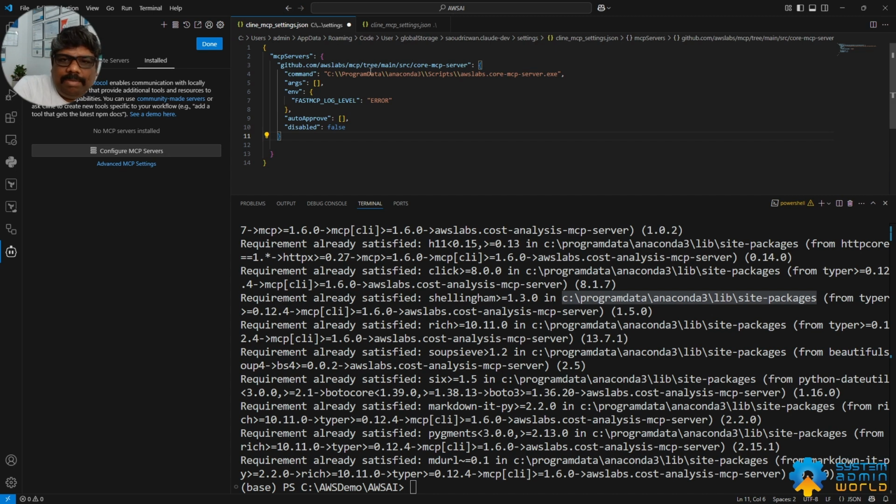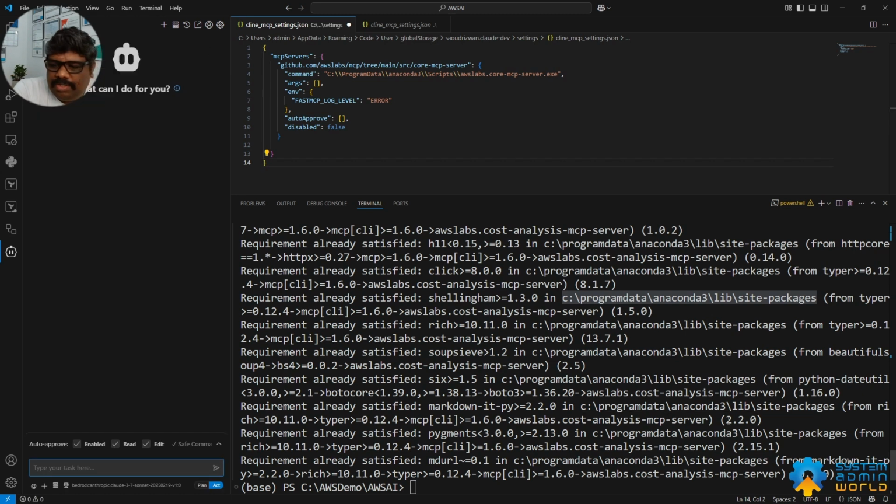This is the GitHub repo path from where the MCP server code gets checked out. Then the command executes the exe file where we already installed the MCP server, and it will set up the environment. It will be auto approve disabled, false. Okay, the environment we already set up. So if you go here now and click on done,